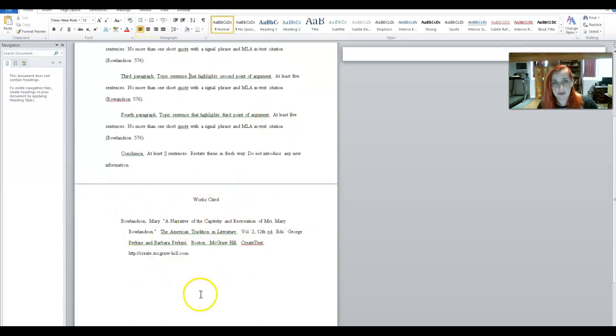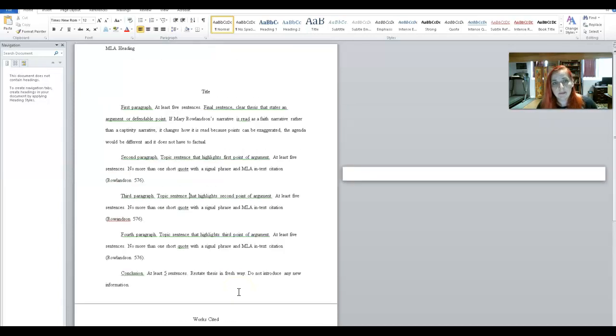The sources are in alphabetical order. They're using a hanging indent. The student knows what they're doing. And when I go into a paper, it's just a natural bias. You go into a paper, you feel like the person knows what they're doing, you expect it to be good, and that's based on something. Because if you don't know how to format a paper,